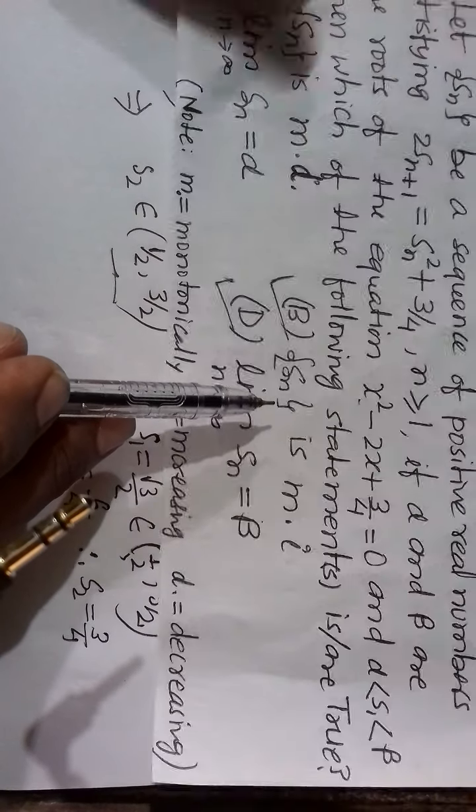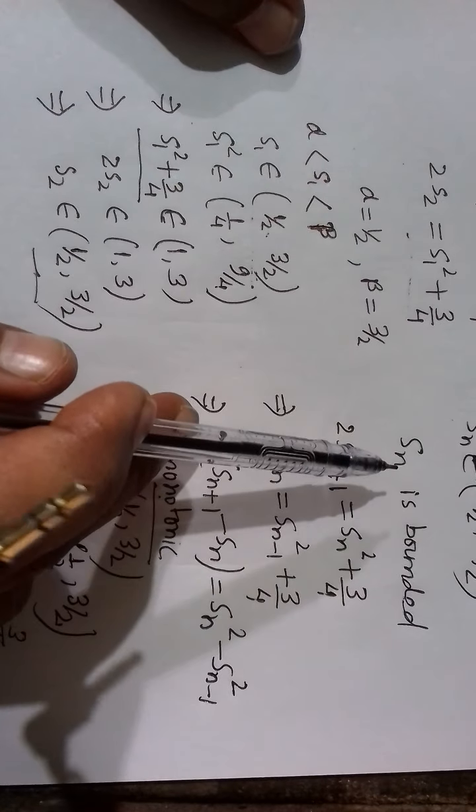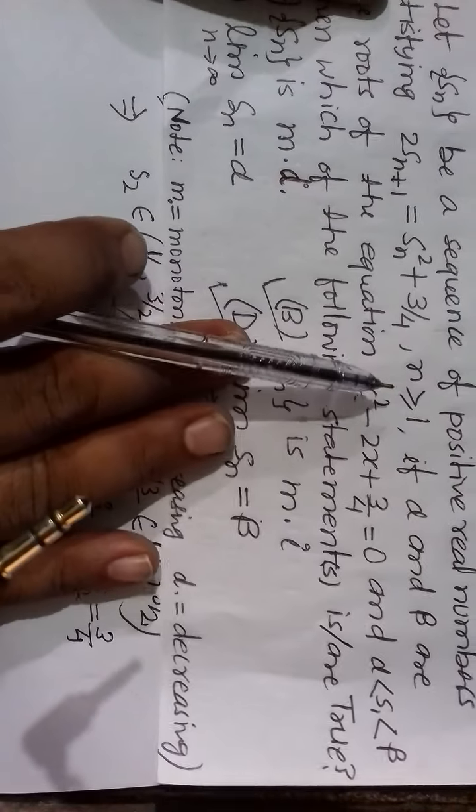So B is correct. Now since monotonic and bounded, and a bounded monotonic sequence is convergent, so we